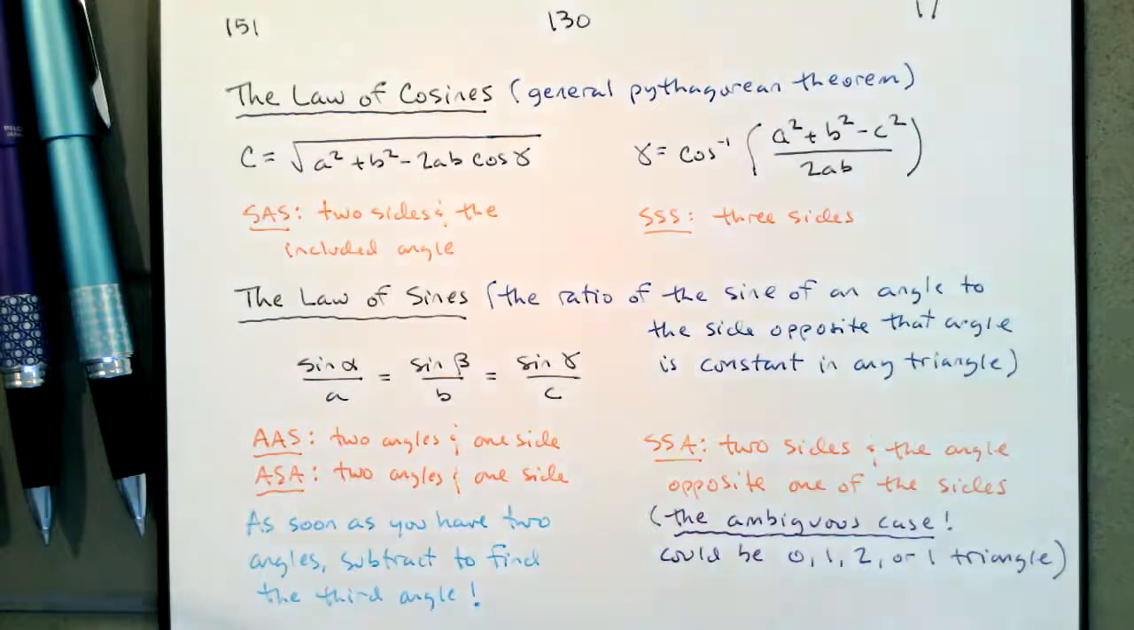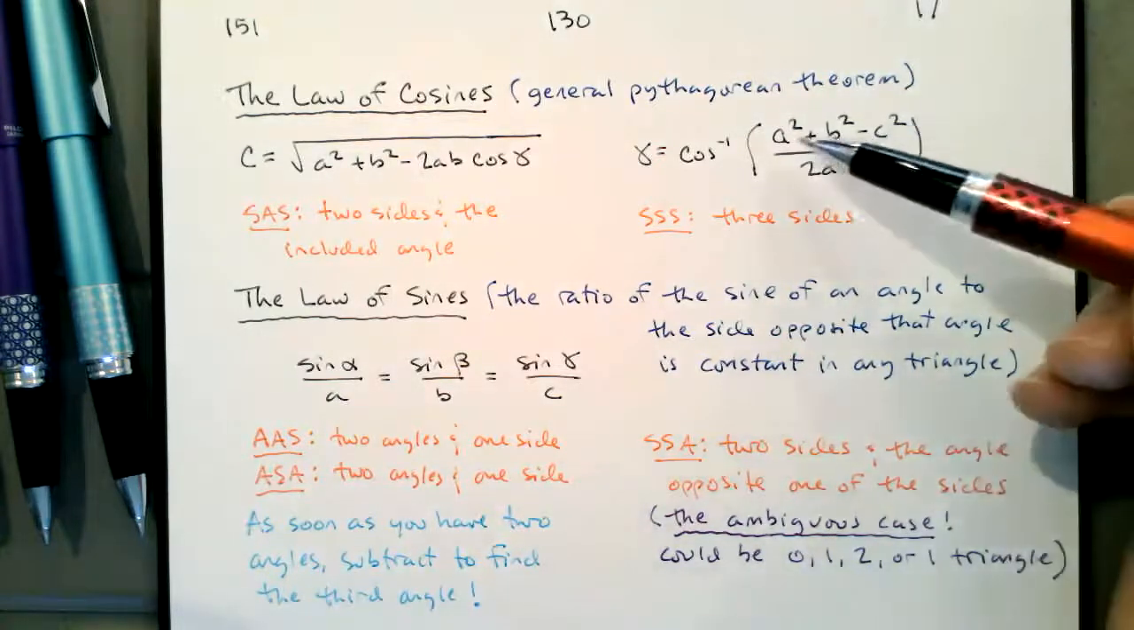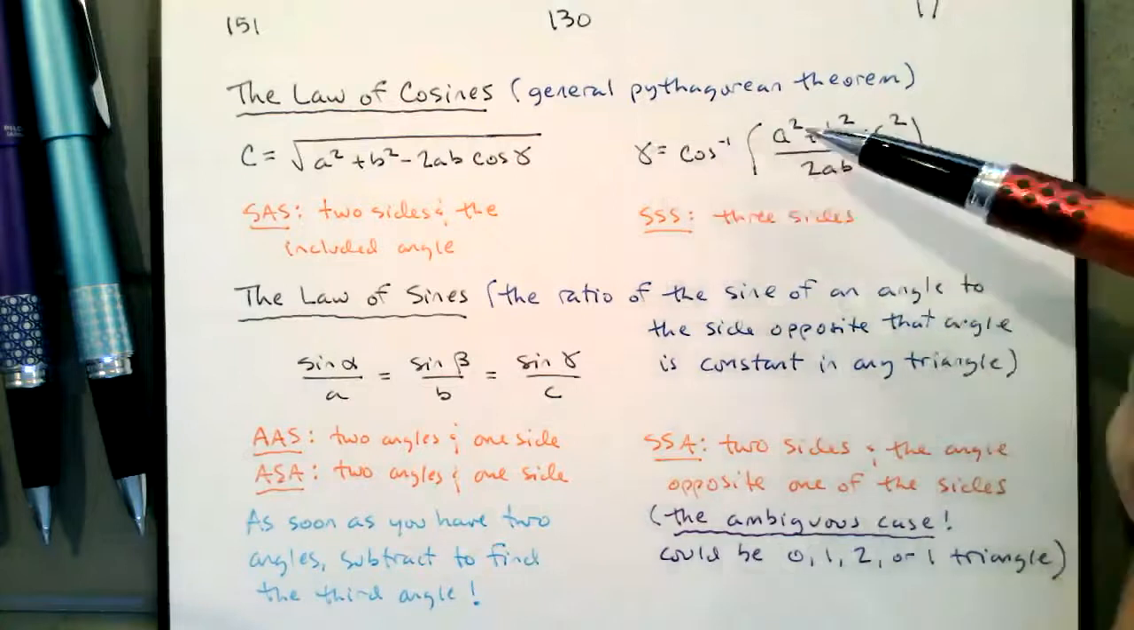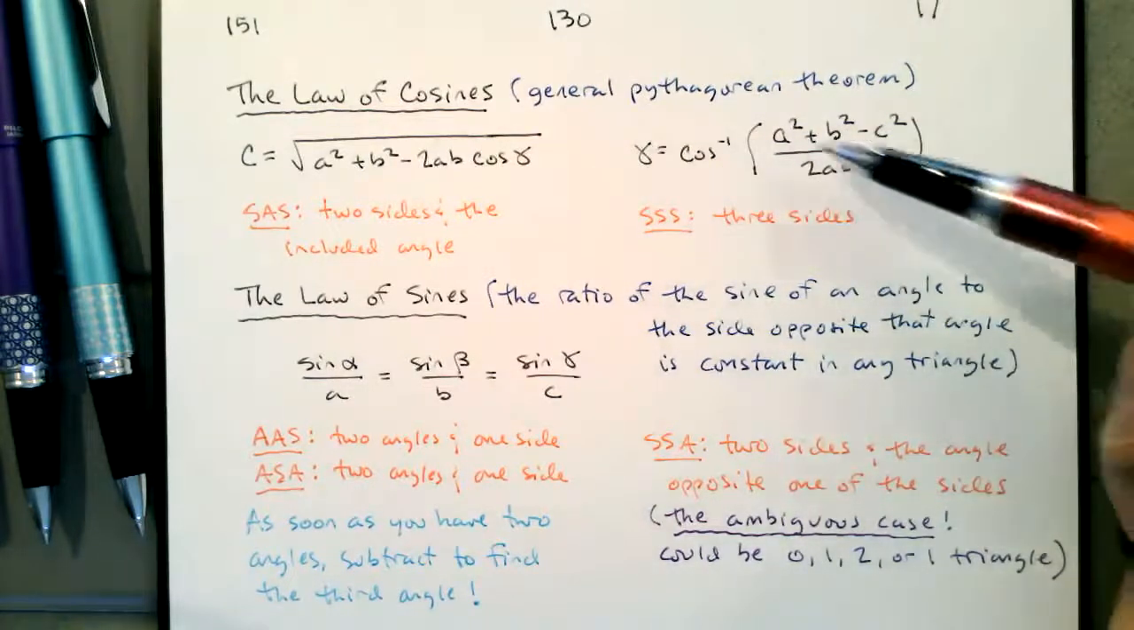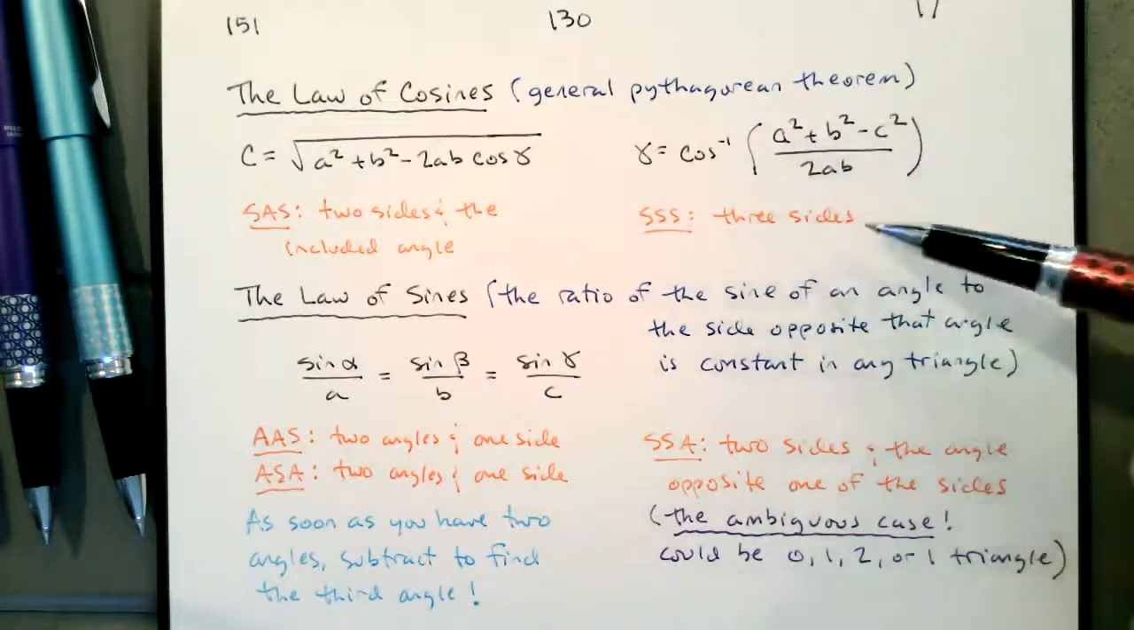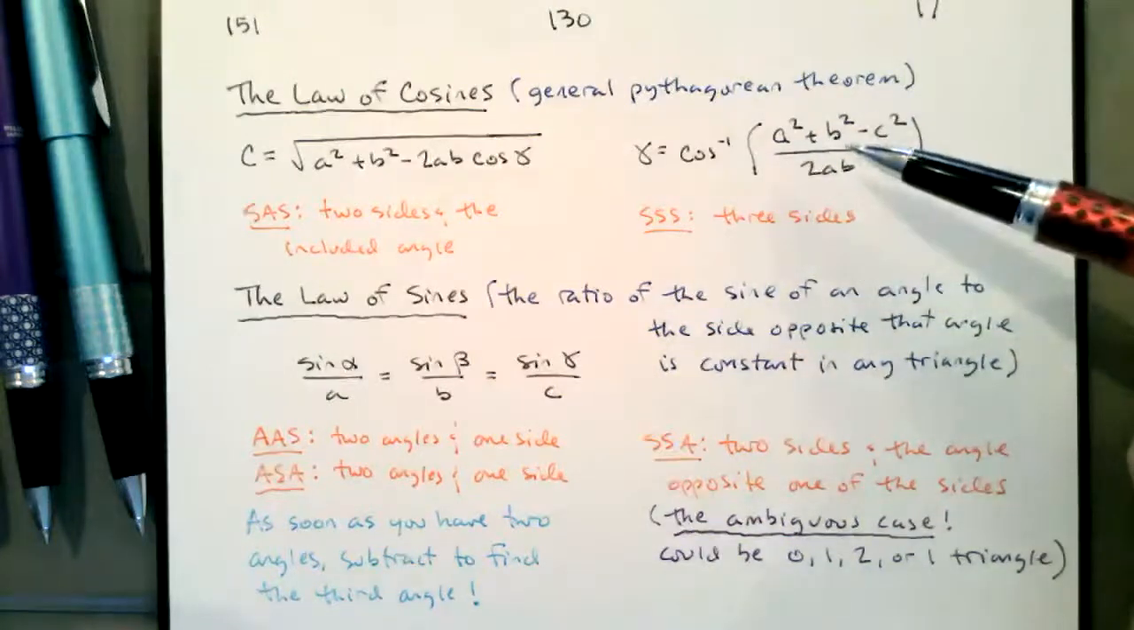If we're trying to solve for an angle with the law of cosines, I want to know what gamma is. I need to know A, B, and C. A and B, I already got those. So I need to know A, B, and C. I need to know all 3 sides. The formulas themselves tell you